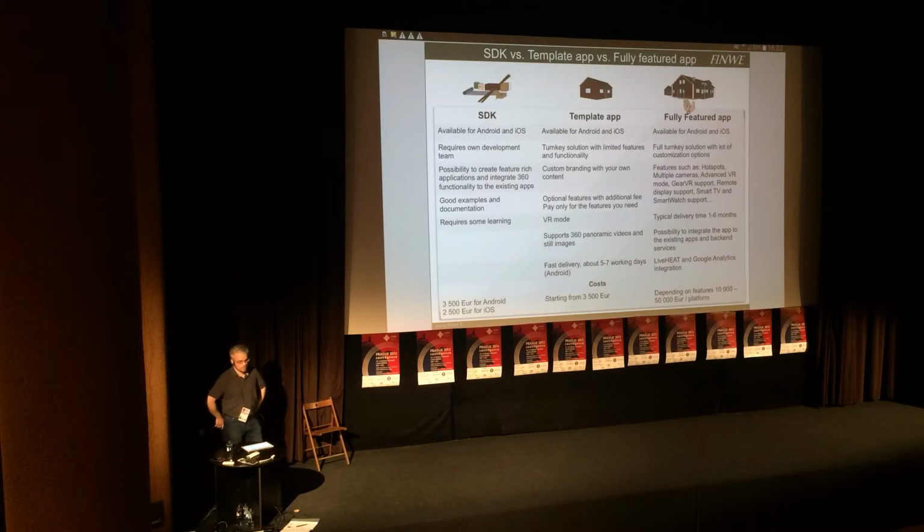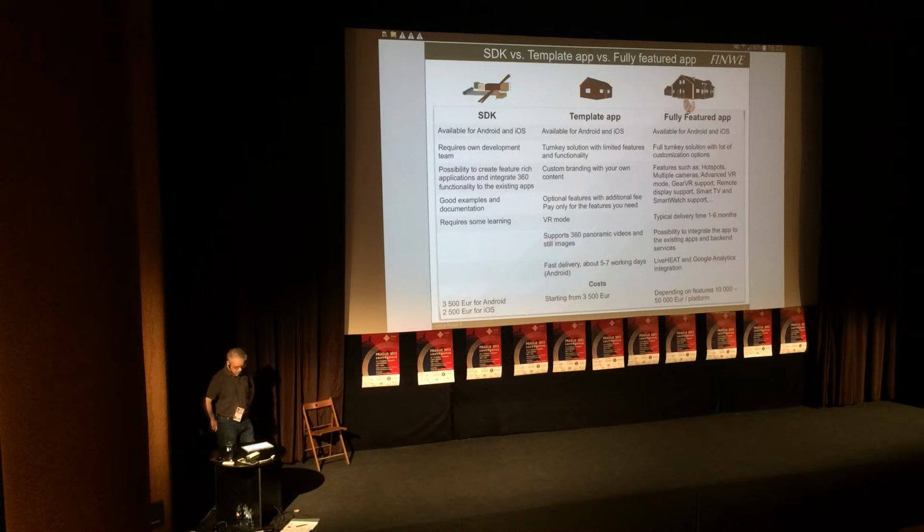So team of engineers who are capable of producing Android or iOS code. This gives you the possibility to create a really nice app, integrate that to your existing backend system or to your existing app. It's a new feature to provide 360 panoramic content. It includes good examples and documentation, but it requires some learning.